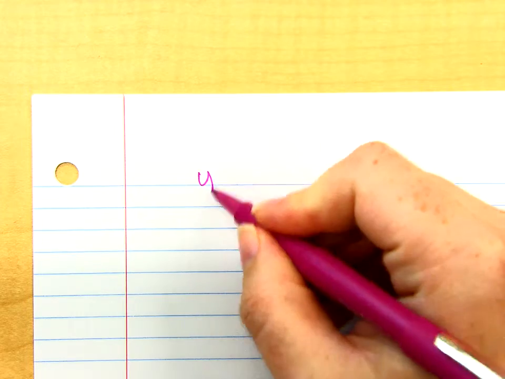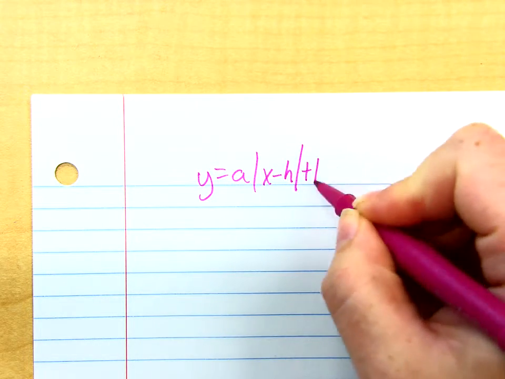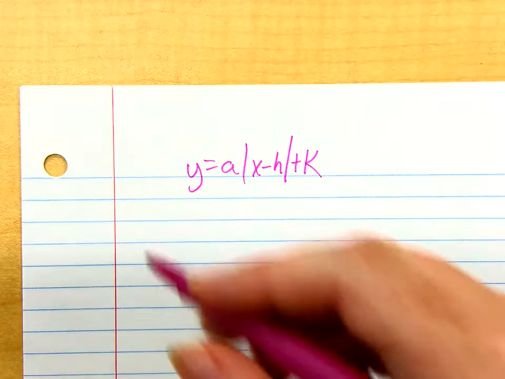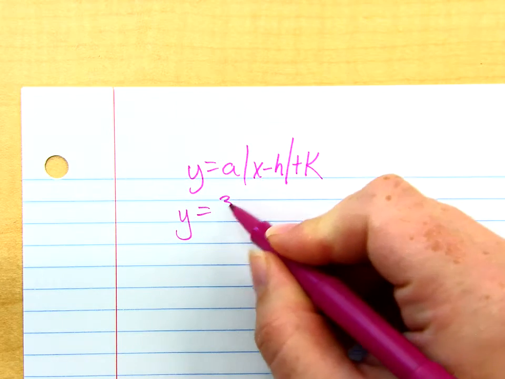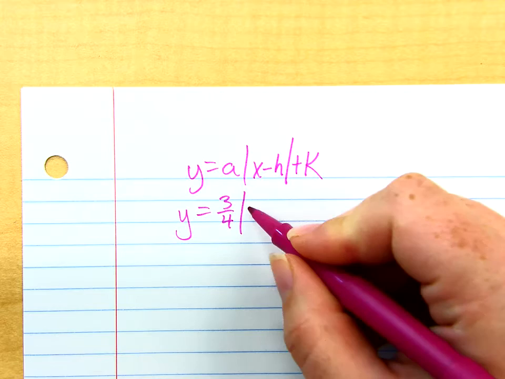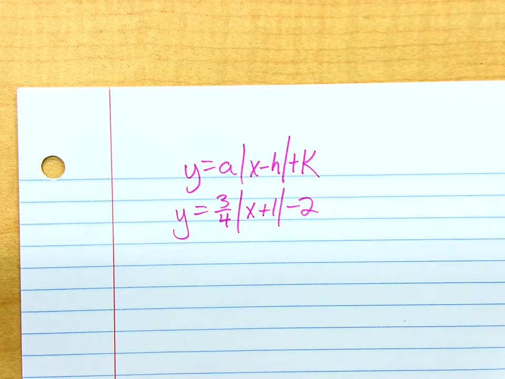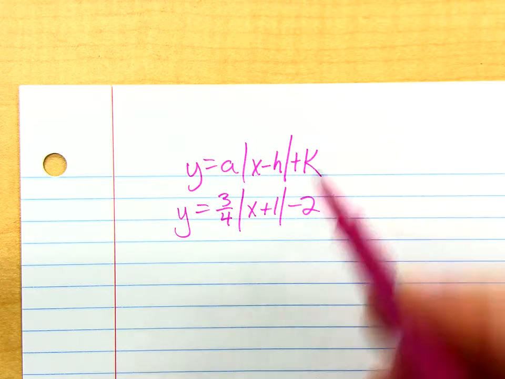All right, so we have already talked about absolute value families of functions. Here's your general formula. But what happens when a is something other than 1? We've only talked about when a is 1. So say you had something like this: 3/4 x plus 1 minus 2. Something along these lines. You guys know how to handle the plus 1 and the minus 2, but what's up